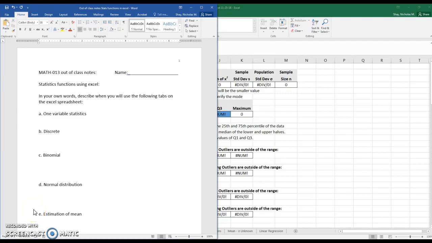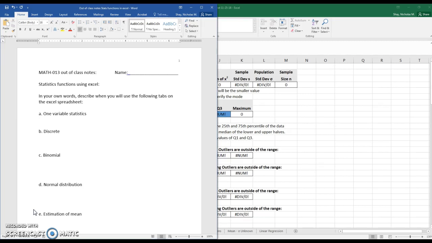Hi everybody. So what we want to do here is take a second, as we're getting towards the end of the semester. We're starting to review for our final exam in statistics. So in our last class in Math 013, we're going to be taking a look at the Excel